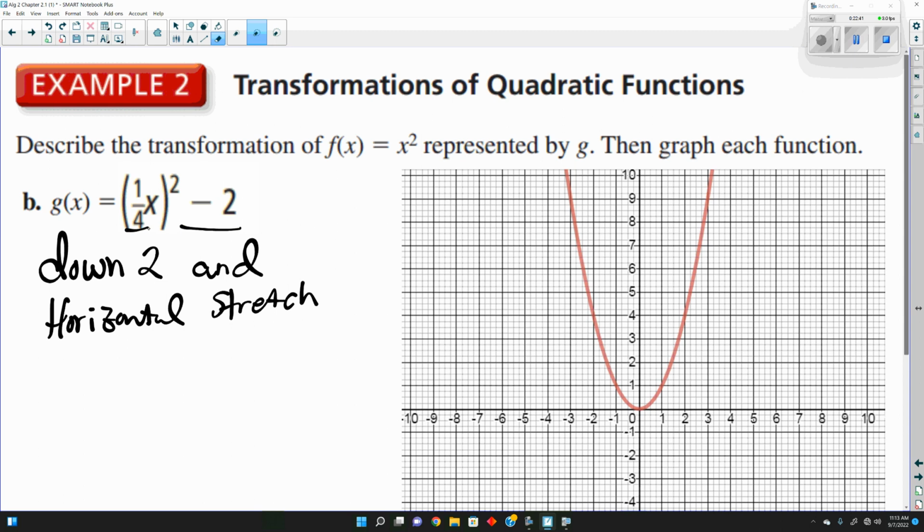When we talked about vertical stretch or shrink, if it's a shrink, the number's between 0 and 1. So 1/4 is between, so it looks like it should be a shrink. But again, anything inside those parentheses is the opposite of what we think. So it looks like a shrink, but it's actually a stretch of,